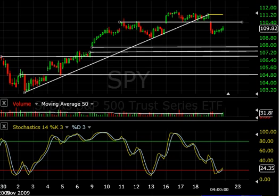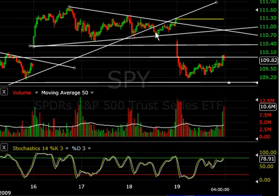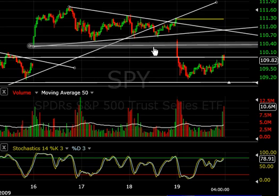Now, on the 10-minute chart, I'm going to zoom in here and show you where I actually took the short. I took the short on the break of that uptrend line yesterday, and I rode the short down to this area of support, and I added to it at the close because it did retest this uptrend line. This morning we had a nice gap down, and we just continued to sell, and I took some of the short off here, as I do think we are going to get some type of retracement, either up to this prior downtrend line or from this area where we gapped up